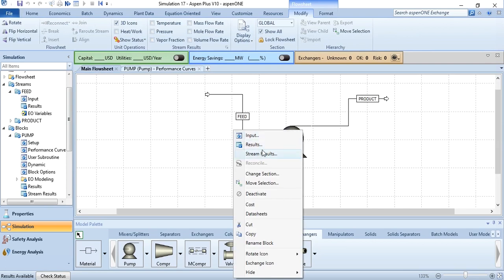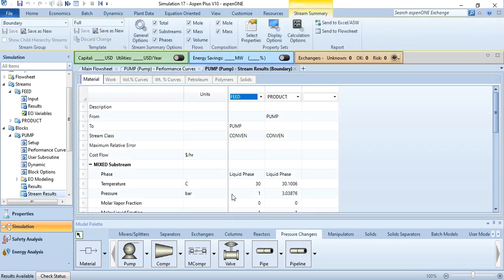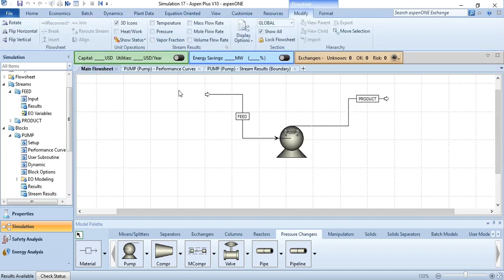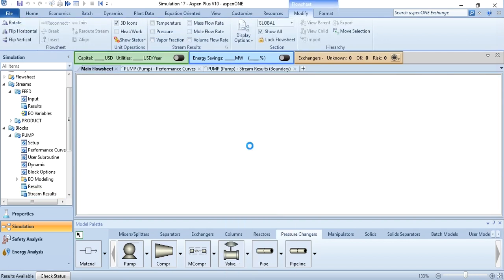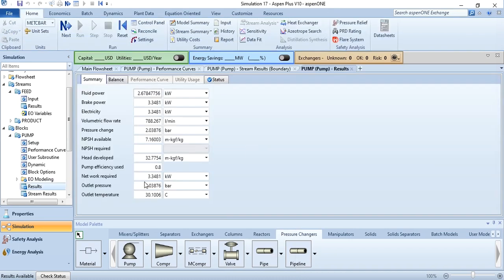Simply go to pump results, and you see that the outlet pressure is 3.04 bar, approximately 3.03876 bar. So you see the discharge pressure is calculated using pump performance curves, and then go to results, and you see 3.35 kilowatt electricity or duty is required to increase the pressure from 1 bar to 3.04 bar approximately. So that's how you simulate a pump using performance curve.